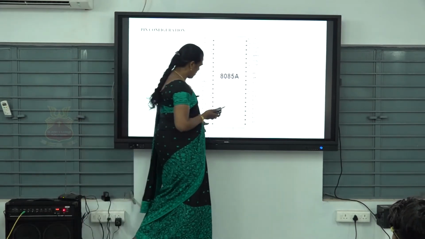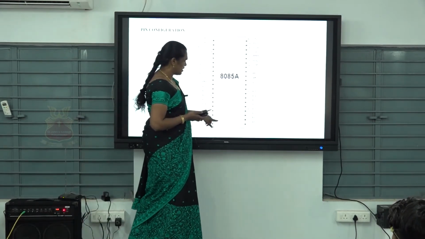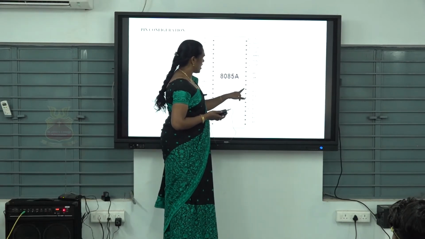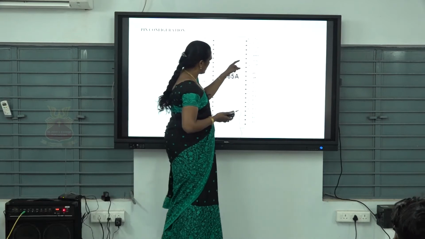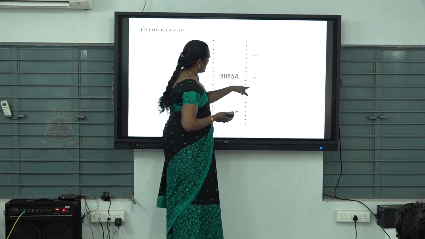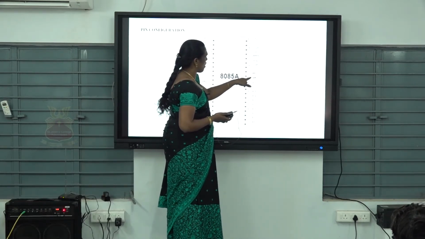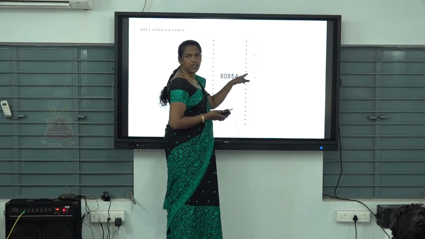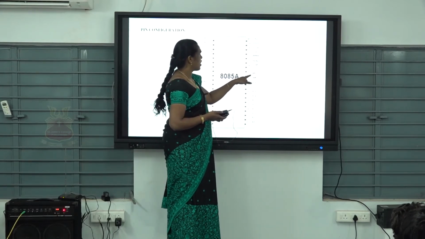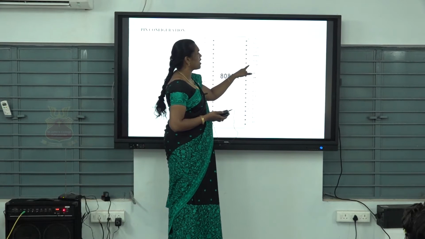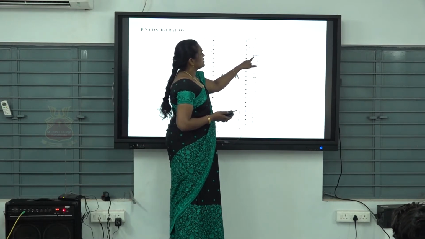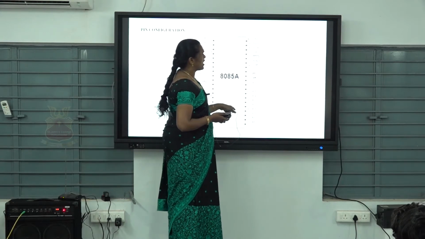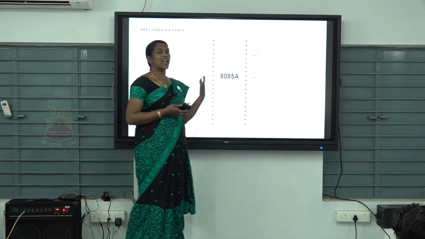Then ground, the 20th pin, is used for ground. Then we have the high order address bus. Then here we have another group of signals: S0, ALE, WR bar, RD bar, S1, IO/M bar, READY, RESET IN, CLK. Bar means active low. These pins are control or status signals.